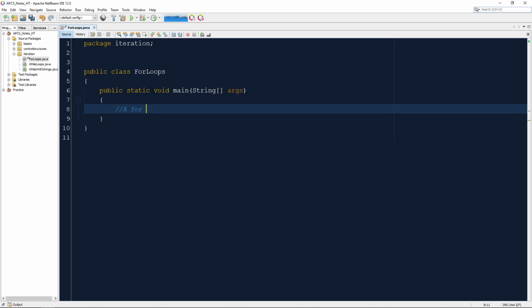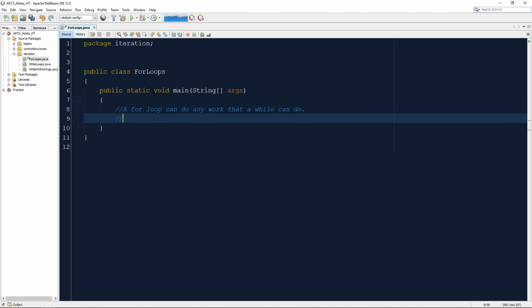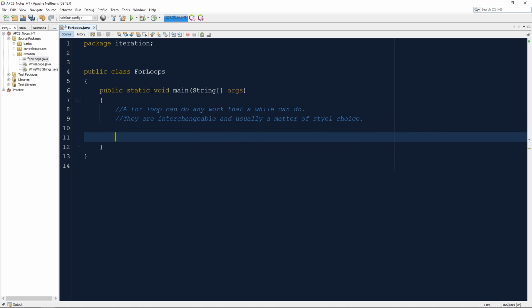We'll say, for loop can do any work that a while loop can do. Enter. They're interchangeable. Usually a matter of style choice. So we'll go ahead and say, and so here's where it starts, I guess the details. We'll say for loops usually have